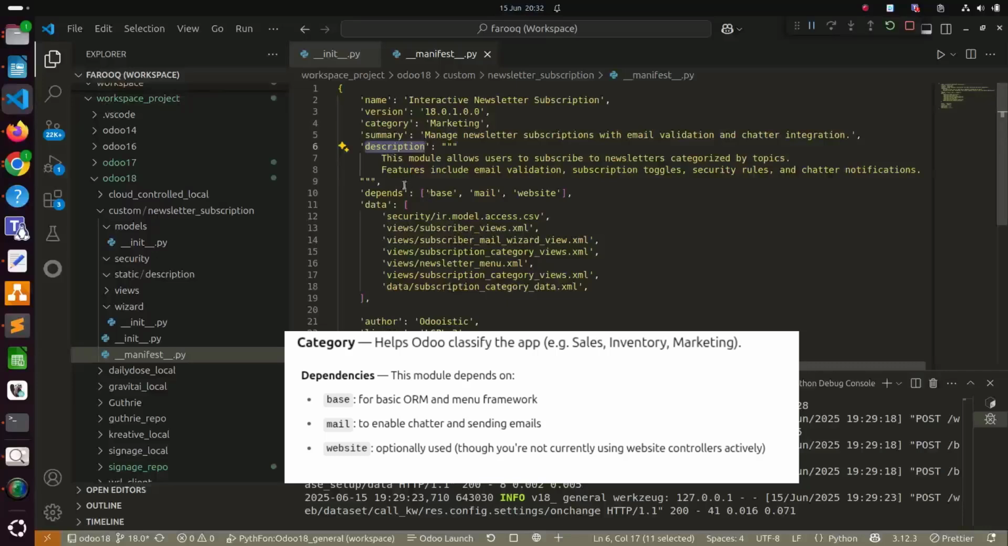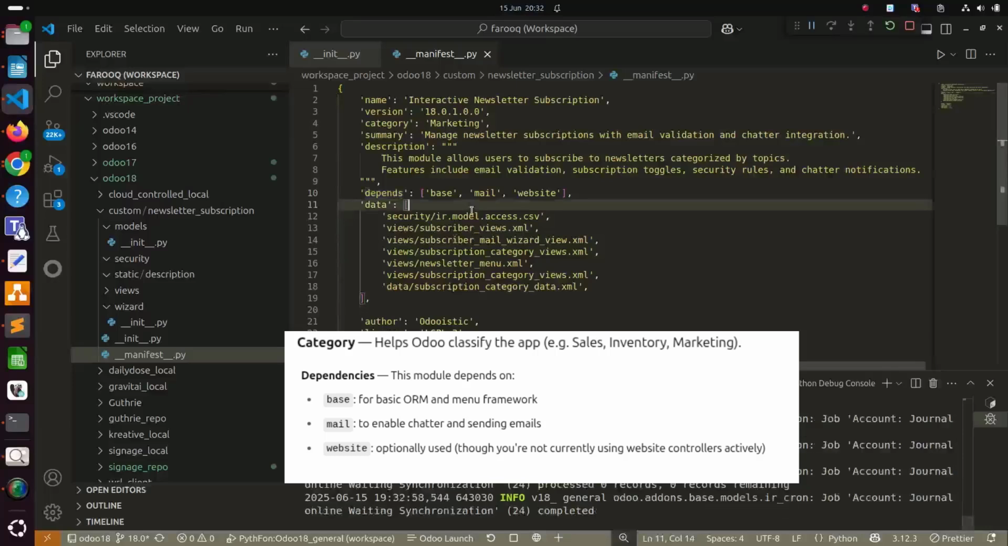Then dependencies. Here the module depends on base for basic ORM and menu framework. Then mail to enable chatter and sending emails. Then website, optionally used, though you're not currently using website controllers actively. So we will not be using controllers in this one, but definitely you can also enhance that functionality, because already this module will be prolonged. So there are many views, menus, Python files, wizard,